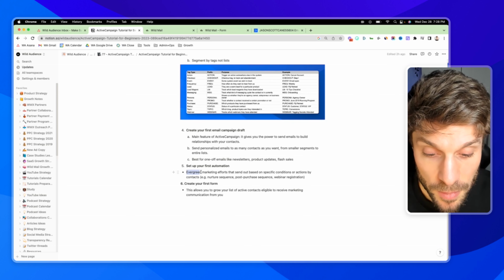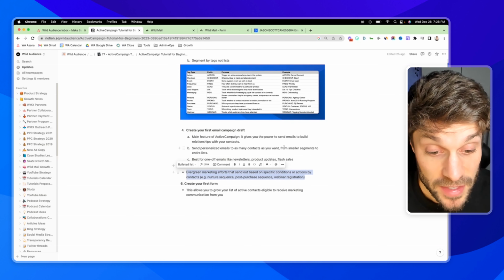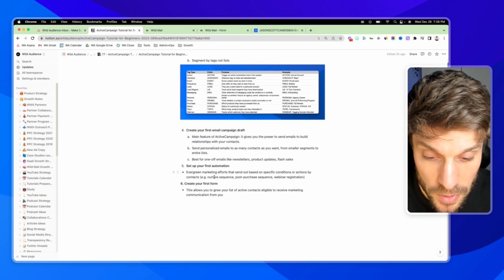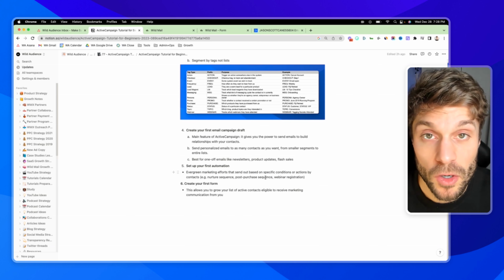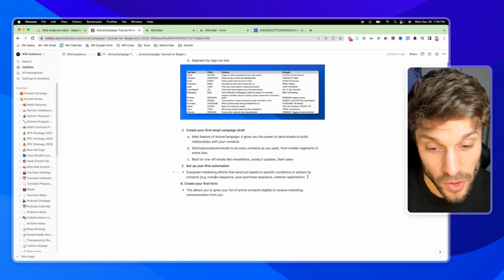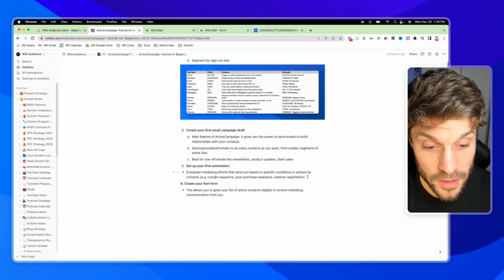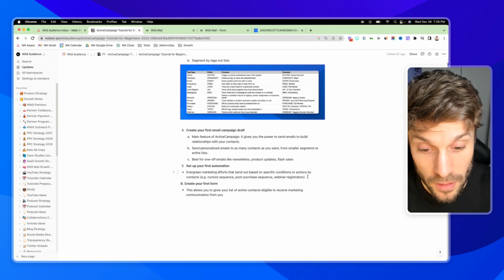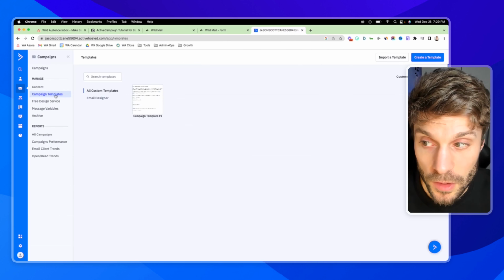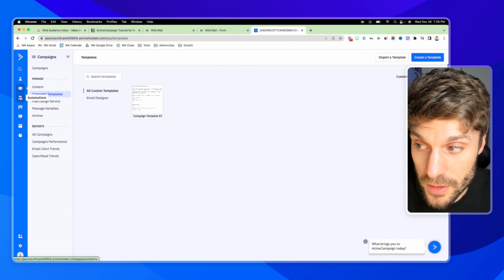So your automations are best for evergreen marketing efforts that send out based on specific conditions or actions by your contacts. So like a welcome sequence, nurture sequence, post-purchase, webinar registration. And in this case, we're showing you a welcome sequence or a lead magnet opt-in and then a nurture or onboarding sequence. So to set up your first automation, we're going to go over here to the left and go